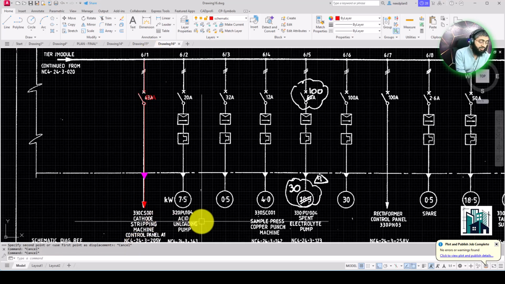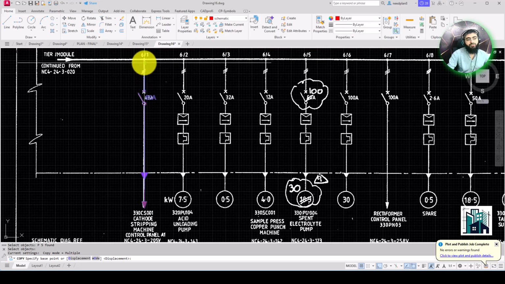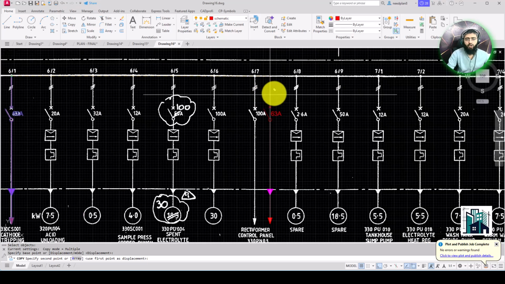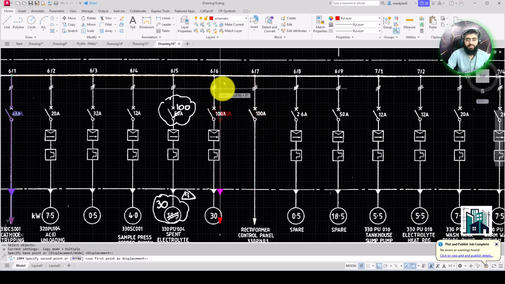What I have to do is CO enter, P enter, and all the objects have been selected, and then you'll have to enter again, and then select the base point and move from one point to where you want to put it, you'll have to choose any option in the drawing. Okay, like this.